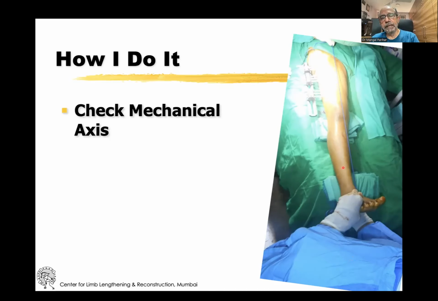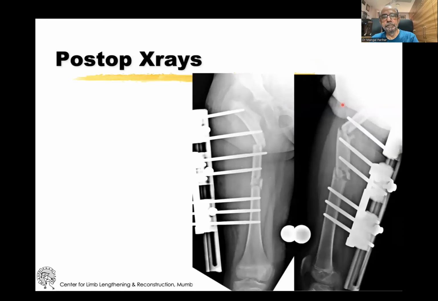And we check the mechanical axis, that's at the hip, that's at the ankle, and that should be in the center of the knee on the C-arm. So that's the post-op x-rays. This, since it's closed, if at all you have to displace this, you should do a lateral displacement based on CORA principles. That is, whenever you have abduction and the CORA is in the proximal region, you will have lateral translation of the distal fragment. So that's what this is.